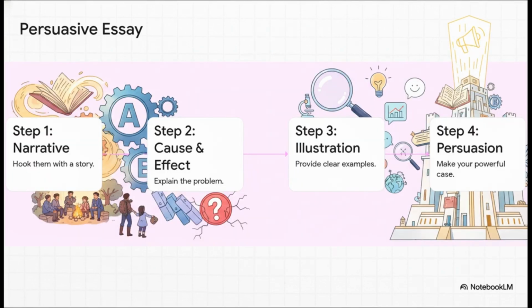Okay, let's make this super practical. Think about a really powerful persuasive essay. It probably starts with a short story, that's our narrative tool to build an emotional connection. Then it uses cause and effect to logically break down the problem. Next, it gives you vivid examples, which is really a form of the description tool to make that problem feel real. And all of this is working together for one main goal, persuasion. You're using a bunch of tools to build one strong argument.